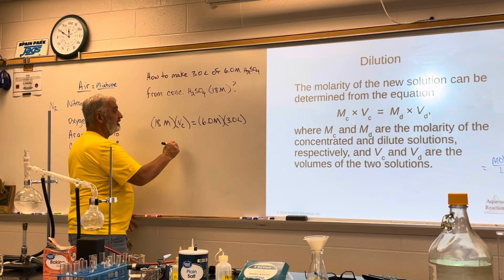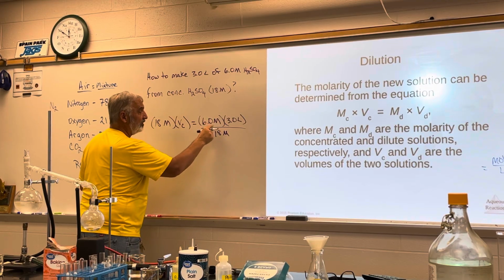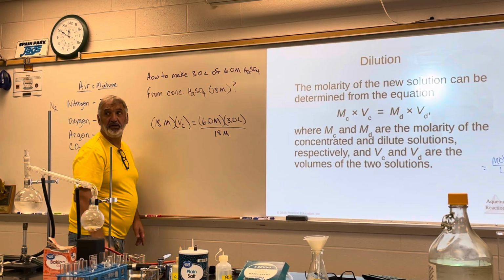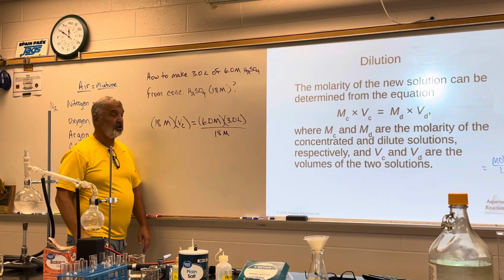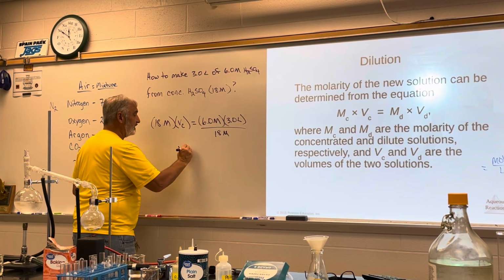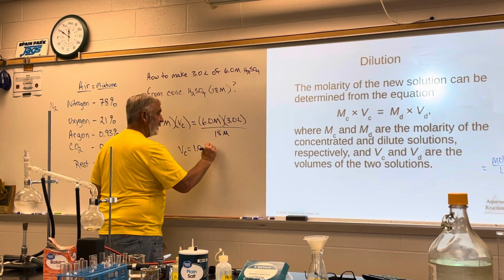So all I have to do is divide by 18, right? 6 divided by 18 is a third. So the volume of the concentrated is equal to 1 liter of 18 molar